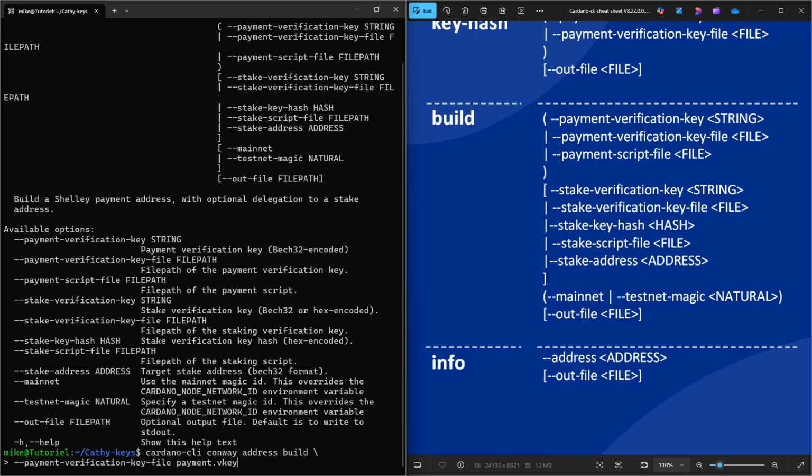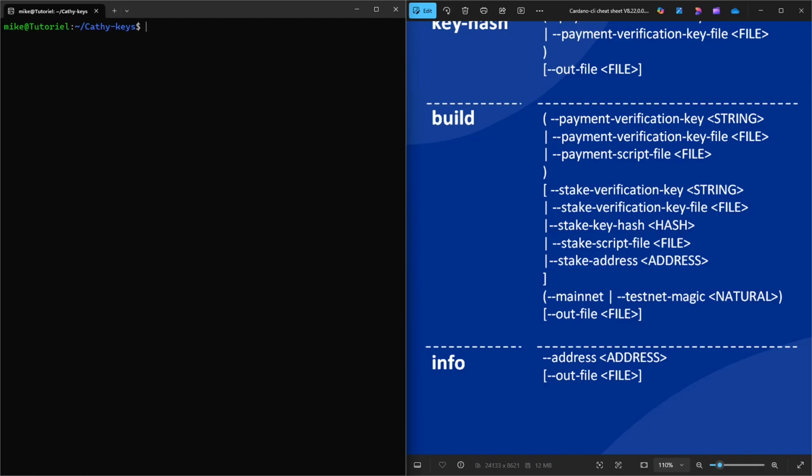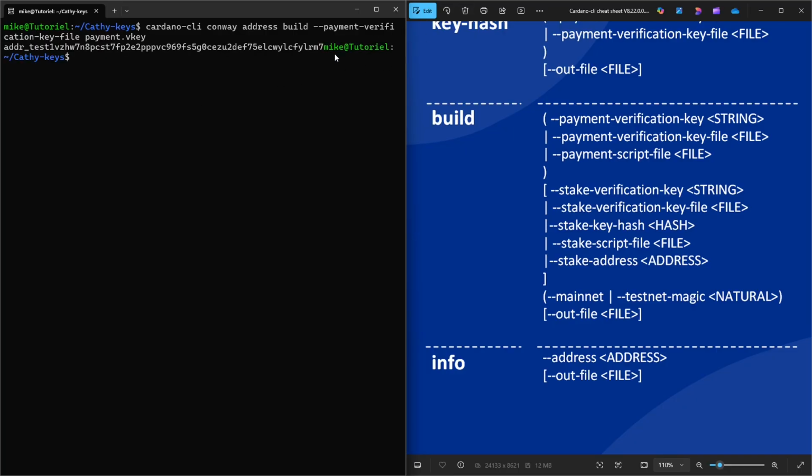Let's just put it this way, because I don't want to save that into a file. So if I generate an address from only the payment key, I get this address. It hashes the key and converts it into a bech32 format that the blockchain would understand,